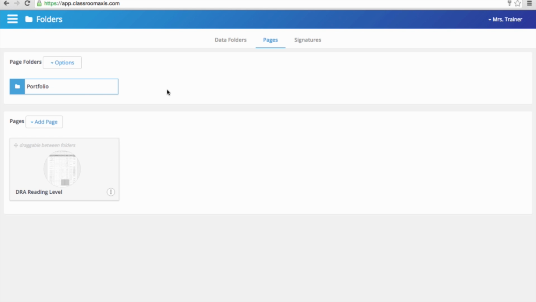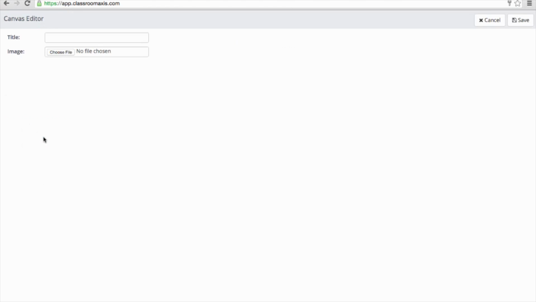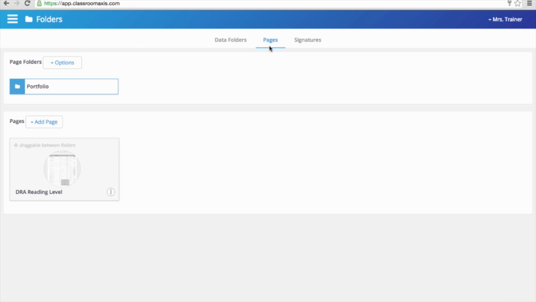Okay, so we'll skip this page folder section at the top for right now. We'll come back to it. So down here, we're going to add a page, and let's add a canvas. I've already added one for us. It needs to be a PDF file, but you put the title here and then choose your file and save. So I added a DRA reading level, and